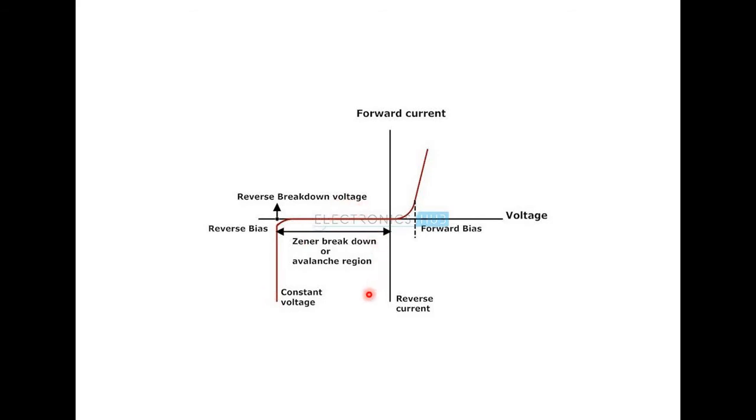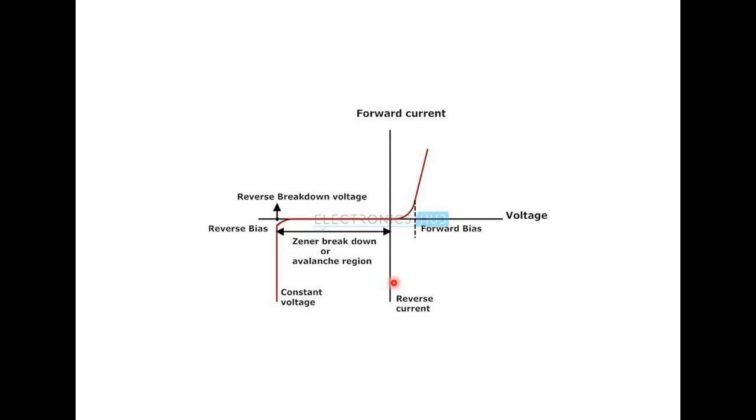Of course, if you take the conventional graph plotting methods, then this first quadrant is the positive one, and third quadrant is the negative. But here we are not having any kinds of negative reading. Still, we are going to plot positive readings in the third quadrant. That is just to have the entire picture of the Zener diode characteristics. So whatever are the readings related to the forward bias, you are going to put in the first quadrant, and the readings related to the reverse biasing you are going to put in the third quadrant. Now this is related to the procedure.